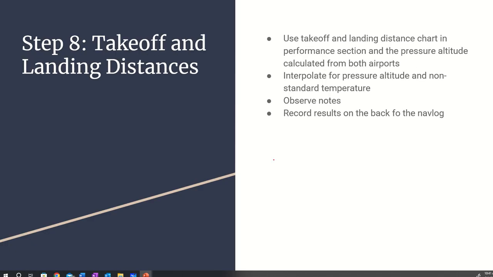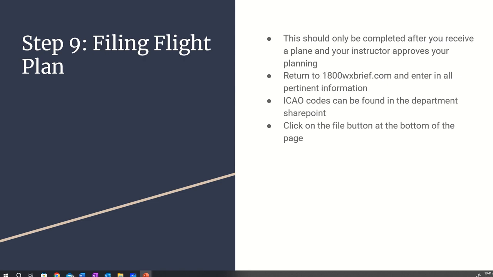So we talked about weight and balance, takeoff landing distances, you guys know how to do those. And the last thing I'm going to talk about really quickly is filing your flight plan, okay? So after you do all this stuff and you know you're going for sure, go on your 1-800-WXBrief.com account and then enter all of the information. There are ICAO codes in the SharePoint that your instructor will direct you to. And once you have all that information in, hit the file button at the bottom,